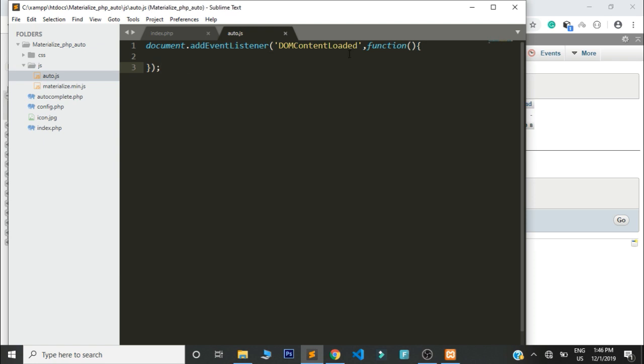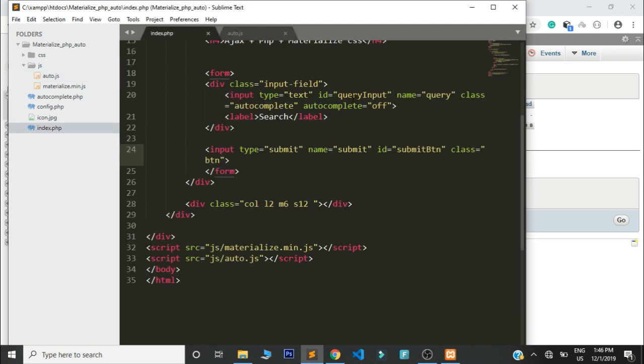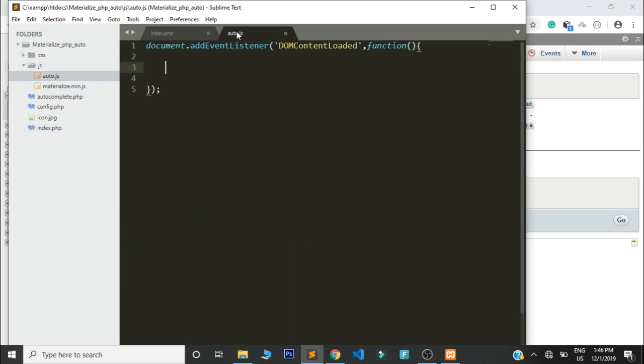As you can see, right now here we are going to be making our AJAX requests, but before we do that, we need to be getting the information that the user has put in this input field. And to do that, remember we gave it an ID, query input. And here what we are going to do first is get that input field, and I'm going to create a variable here, such input,